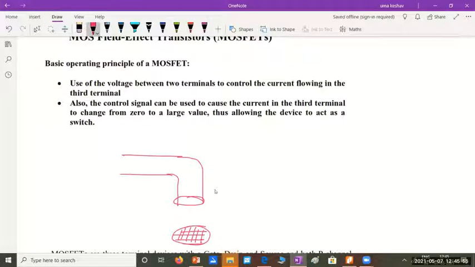Source, gate, and drain. Yes. The tap analogy we commonly use. I'll use the tap analogy to easily represent the FET operation. So this is the source of water. I'll call this end the source. This is the drain, the normal drain which you have in your sink. There's a tap above your sink. So this is the source and this is the drain.